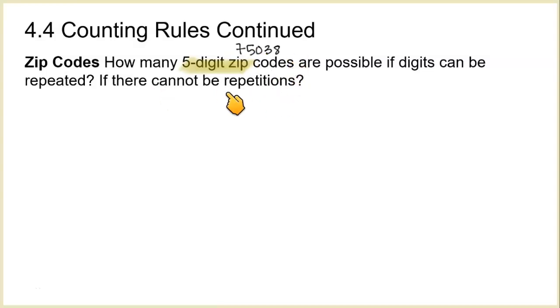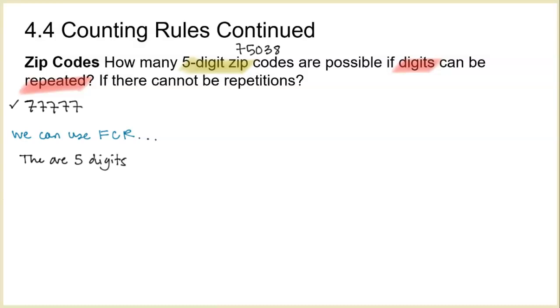So that would be a representation of cannot be repeated, but we do know there are zip codes where the numbers are repeated. So if we think about the first one, I could have a zip code of all sevens, right? 77777, and that is represented, the digits can be repeated. So if we think about this as the fundamental counting principle, which just states that we look at the number of different options or the number of different events that we have, and in this case, each digit represents an